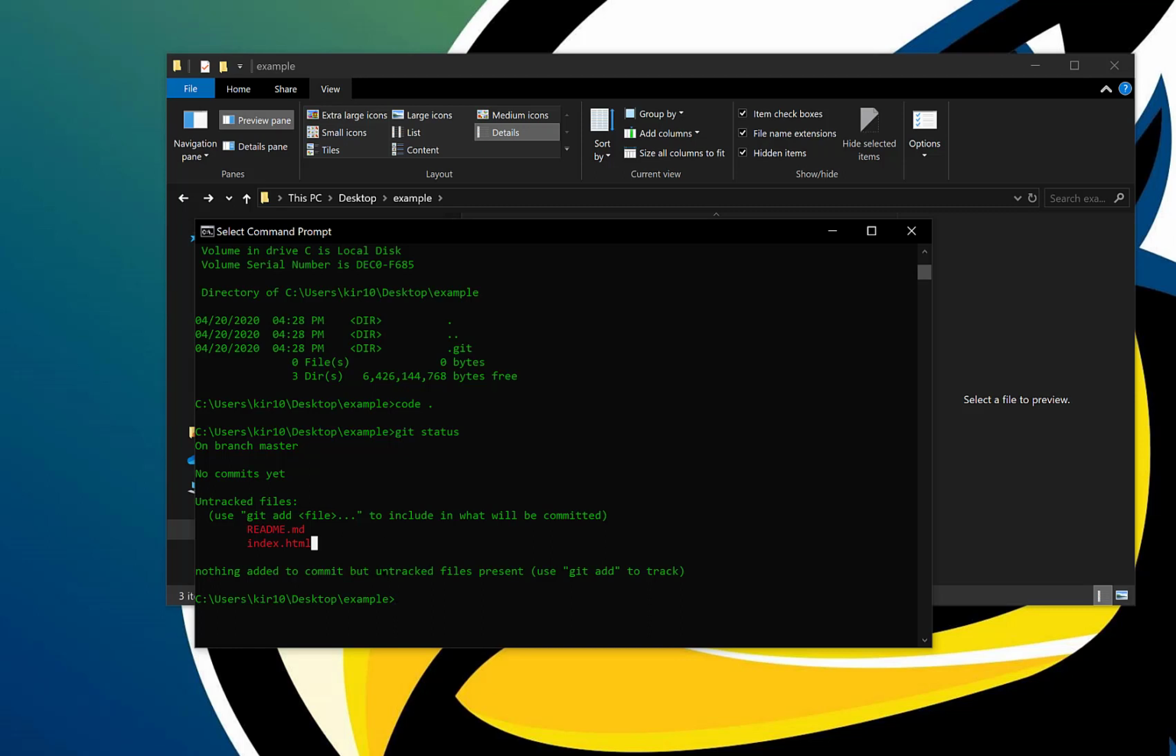Nothing added to commit, but there are untracked files present. Use git add to track. So what that is saying, and it's kind of unclear until you understand what's happening, is that what Git expects us to do, or enables us to do, before we do that file save as,